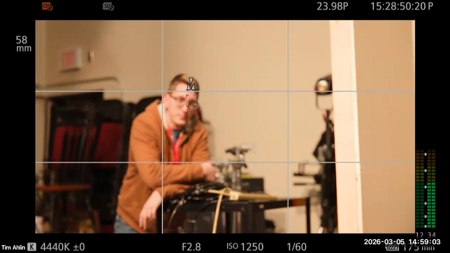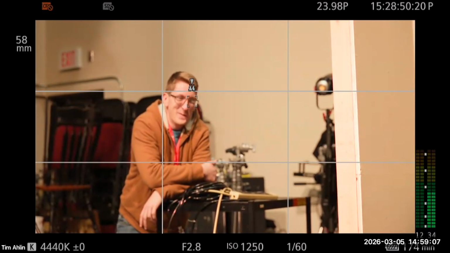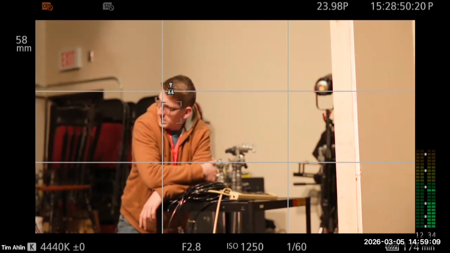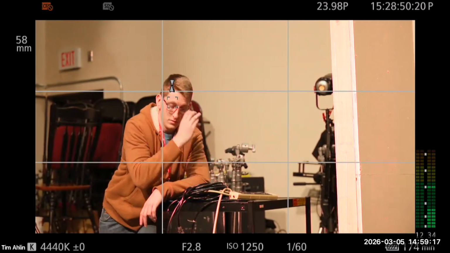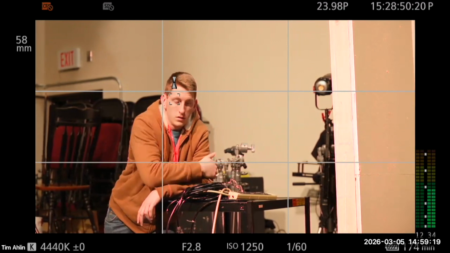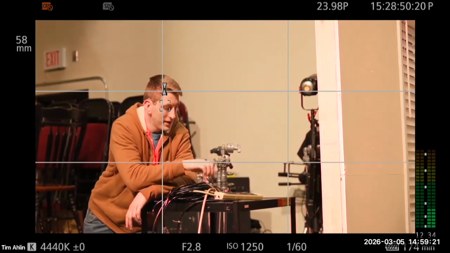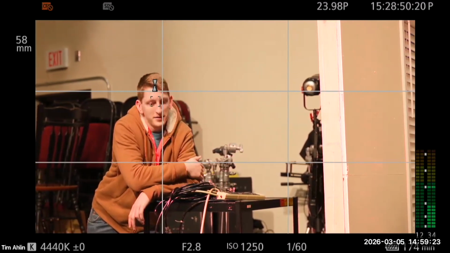Yeah, the focus assist on this camera is red. There you go, you're getting closer, getting closer. All right, and see those two triangles that are over his eyes? They'll turn green when his eyes are in focus too. You were saying Jason was gonna turn green. Yeah. That happens. Looks better.